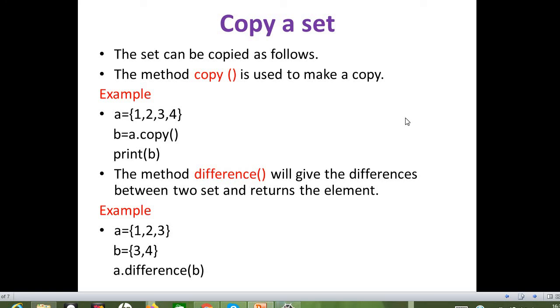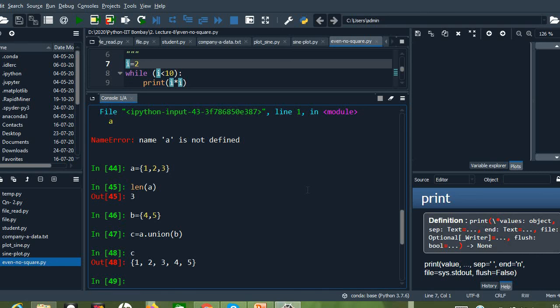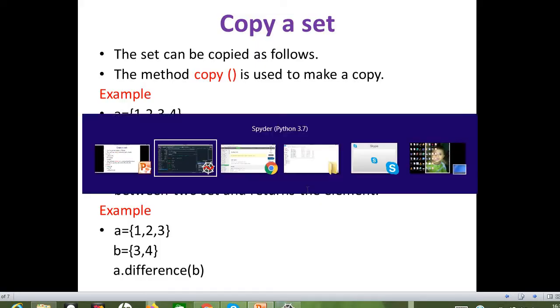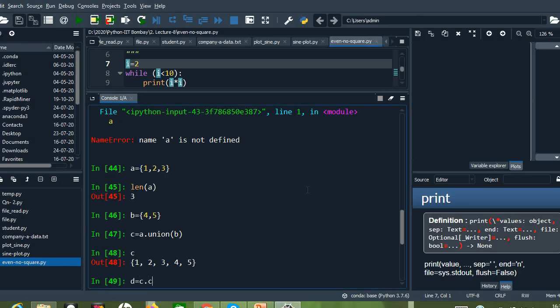Okay. Next we have a concept called copy. So how are we going to copy one set to another set, right? For that, directly we can go for the copy method. Okay. Let us see here. D equals to C dot copy, right?